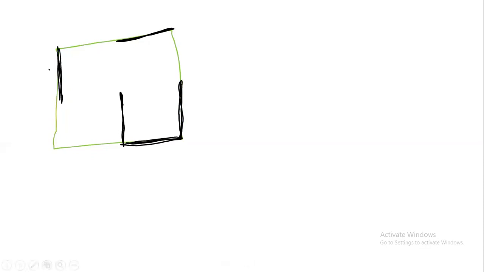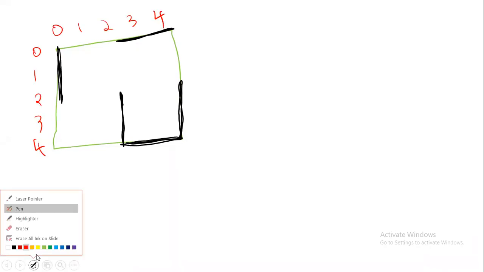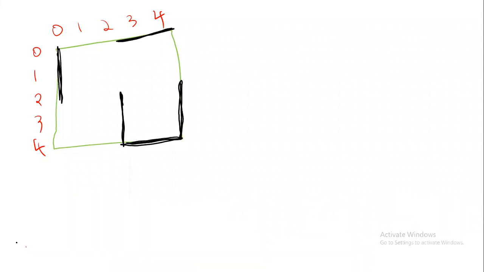So one by one we will draw the lines now. Let's say I want to draw this line. Before that, we'll write the i and j values, all the columns and rows. So 0, 1, 2, 3, 4. Here also 0, 1, 2, 3, 4. Then let's try to draw. I want to draw this line. Think now: is this a row or a column? That is a column. Column is which variable? Column means it is the j variable.